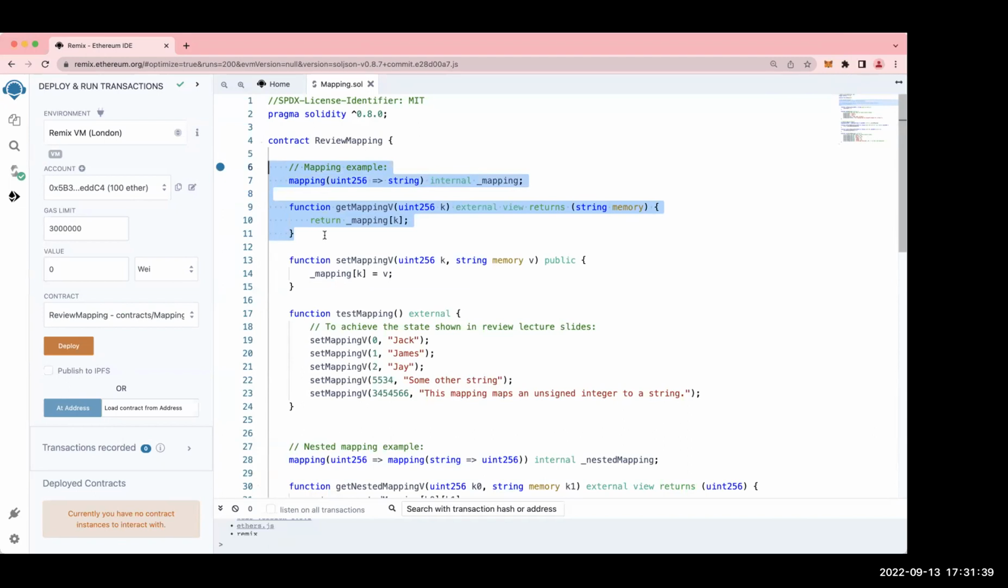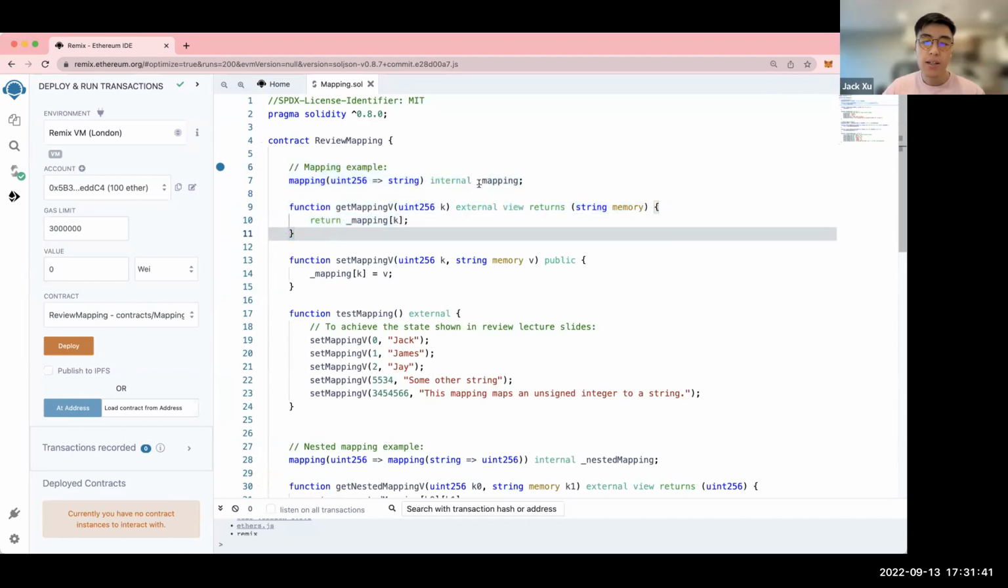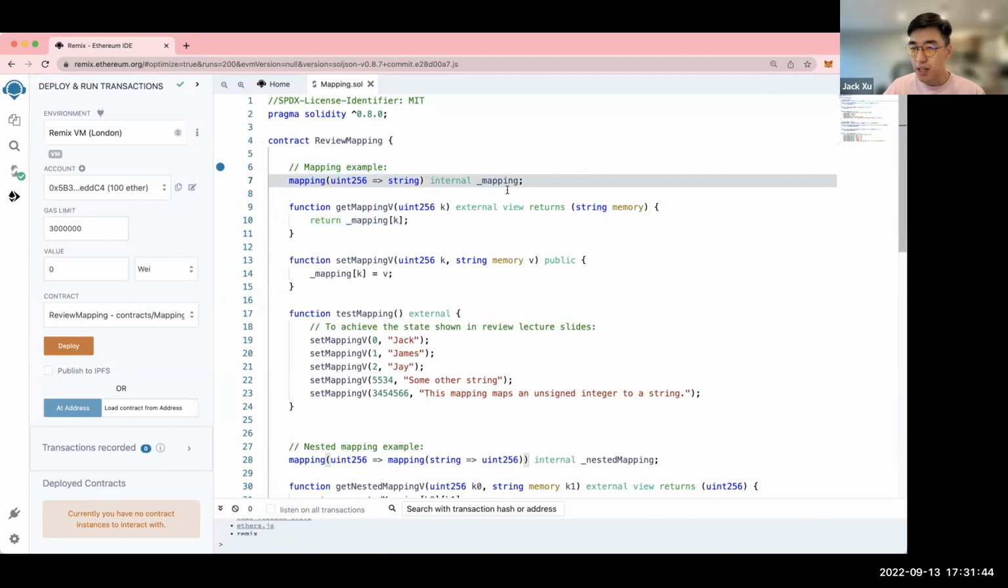Why is there an underscore before the mapping? So this is just my personal naming convention that carried over from other languages. It's just semantics, it's styling. So basically you don't have to do it. It's like uppercasing the letters after a period. You don't have to do it when you're writing, but it's good practice. Usually, if a variable name starts with an underscore, it means the visibility is internal or private.